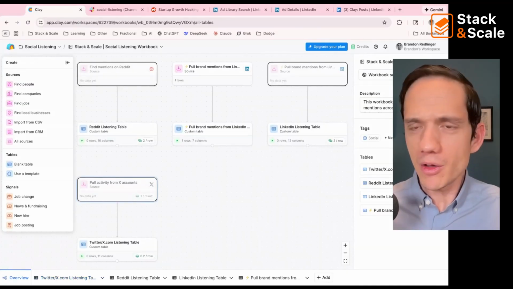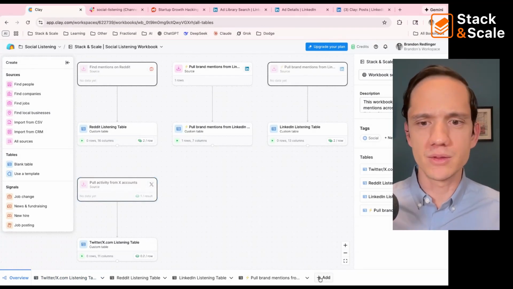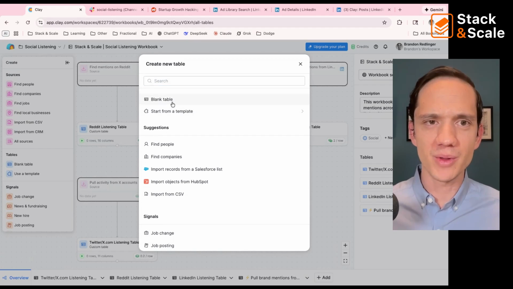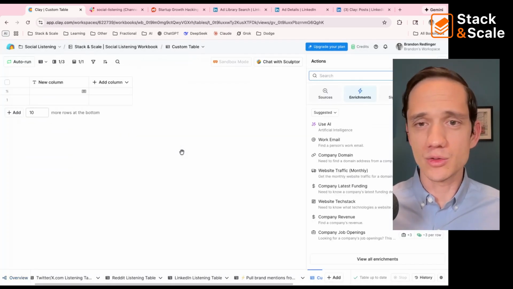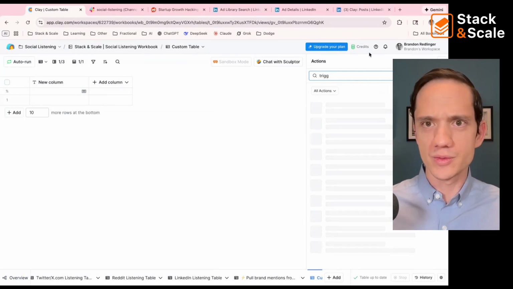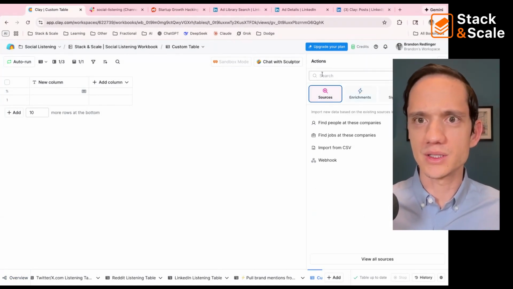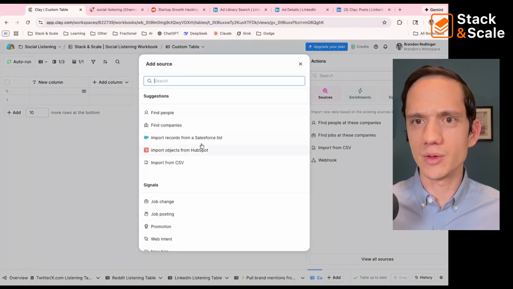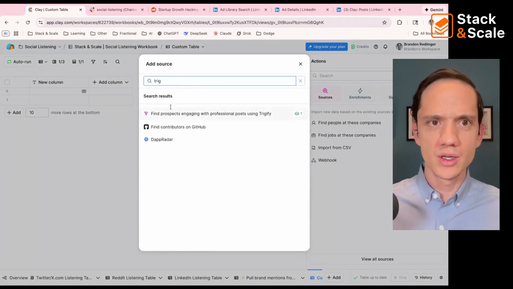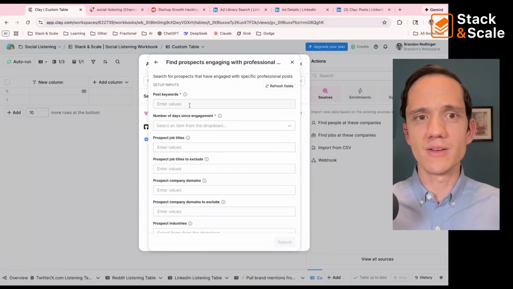And then some other things that we can do with this. If you want another cool integration that I've played around with, it's the Trigify one. So Trigify is going to actually, oh wait, not actions, I want to do sources. So you go to sources, you can view all sources, and then over here, if we go to Trigify, we can actually do some social listening for